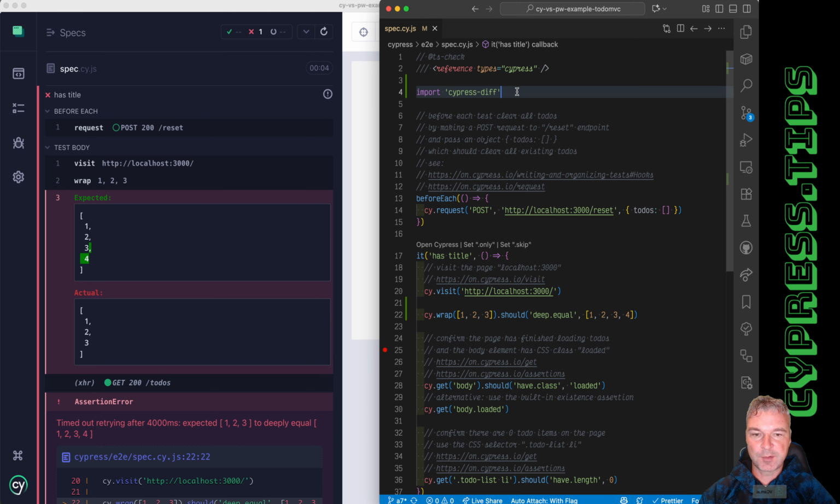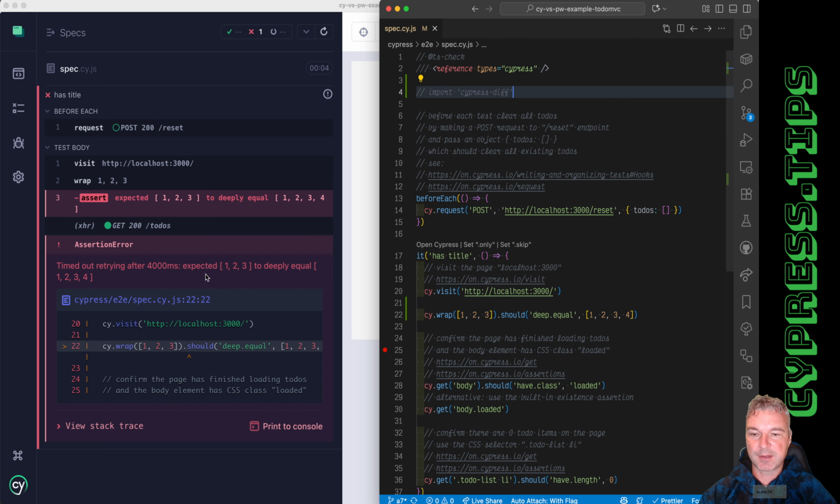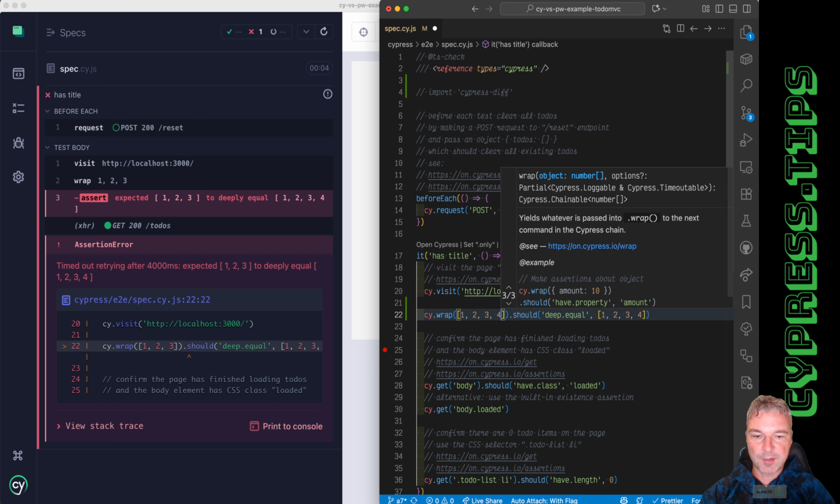And if we don't include Cypress-diff, it still works because these are just standard Cypress assertions, but the error message doesn't tell you the actual diff of those two things. Let me see one other thing, because by default,